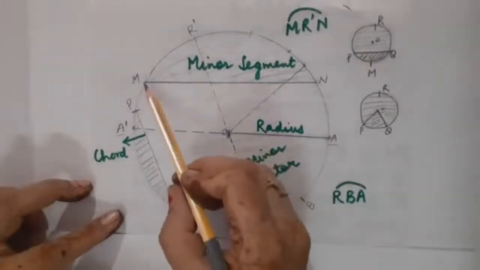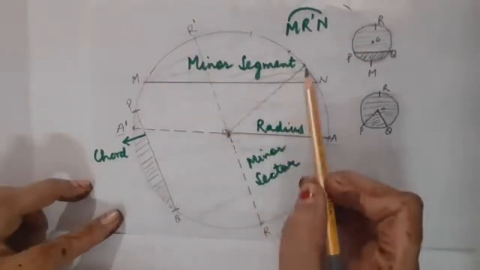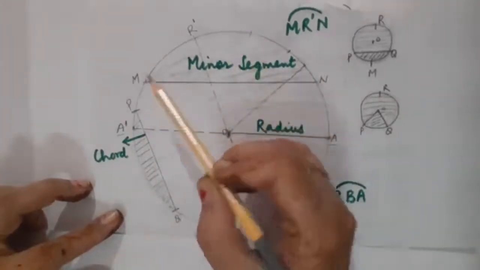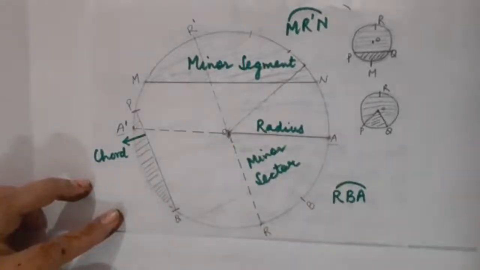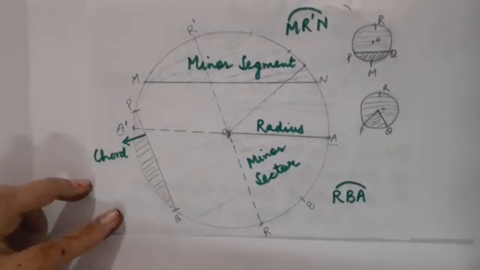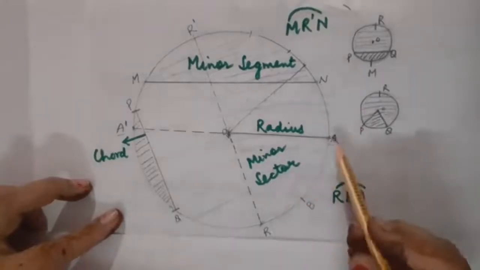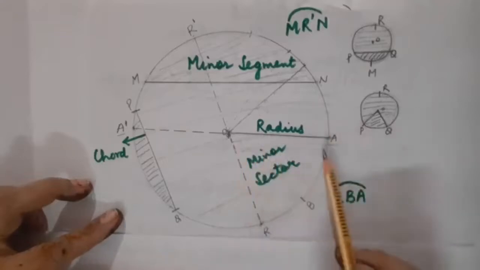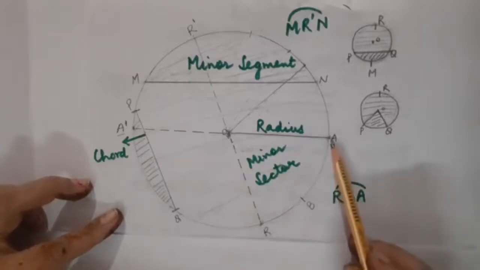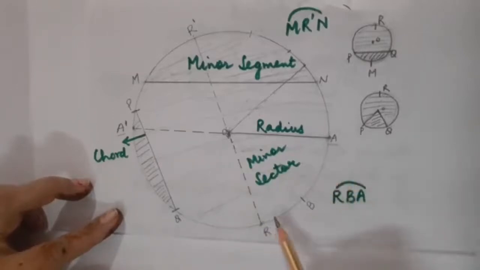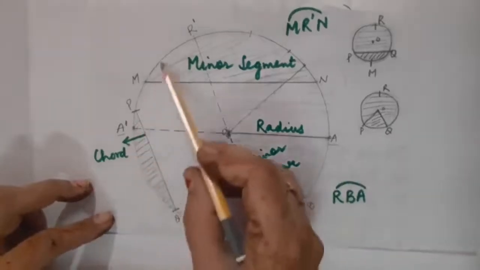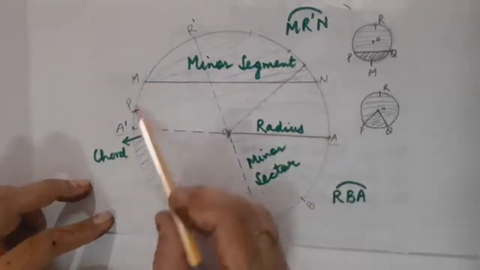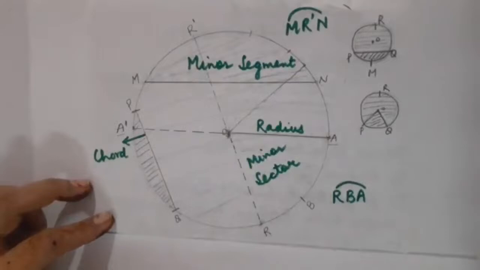Children, here you can see that M R dash N is also an arc. Fine? Okay. Instead of taking that point M, I have placed it over here. Fine? Now I am going to discuss the types of arc, that is minor arc and major arc. Clear? Children, here you can see that RBA is a minor arc. Why? Because it is going to cover a minor part only, the minor part of the circumference. But if I talk about R dash and A, this complete arc, R dash A, this will be known as major arc. Clear?